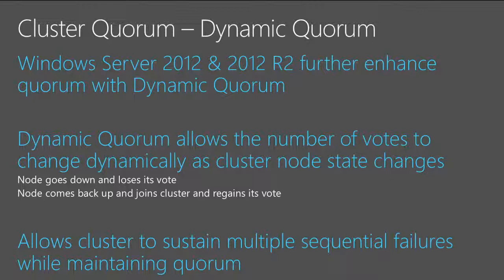What dynamic quorum is really saying is that as membership in the cluster changes, as nodes leave, either as the result of failure or because somebody shut them down, we're going to dynamically change the vote count in response to that. And when that node comes back up, it will get its vote back, and the count will go back up again. This allows us to sustain multiple, and I put sequential here,